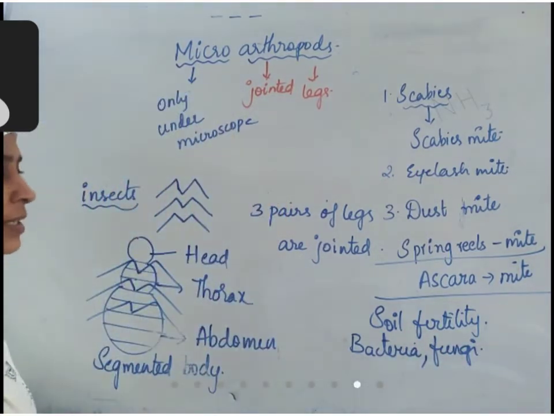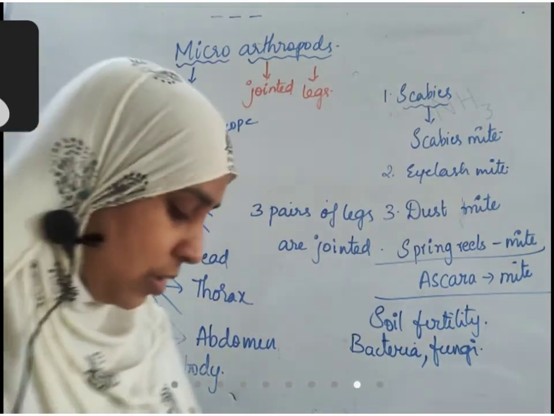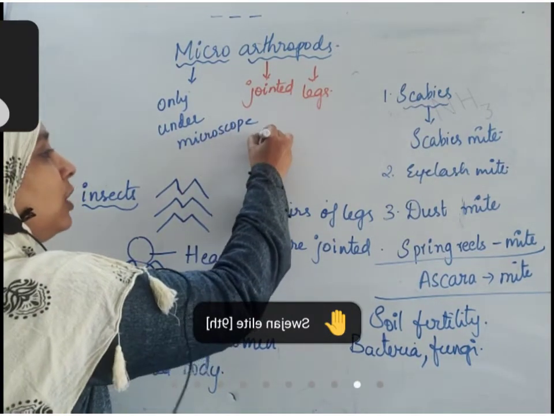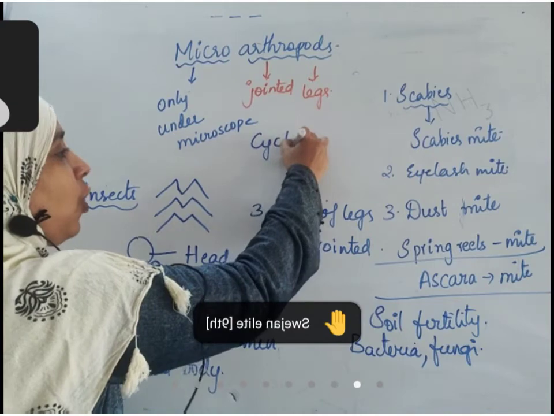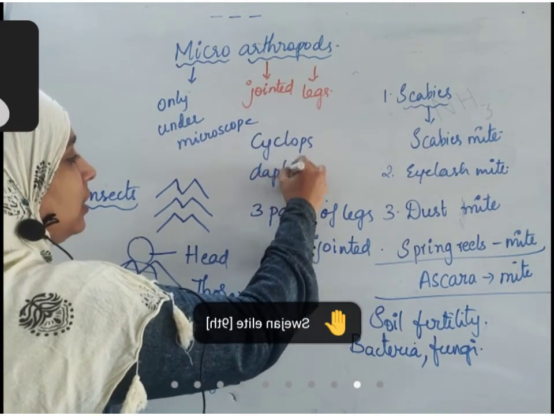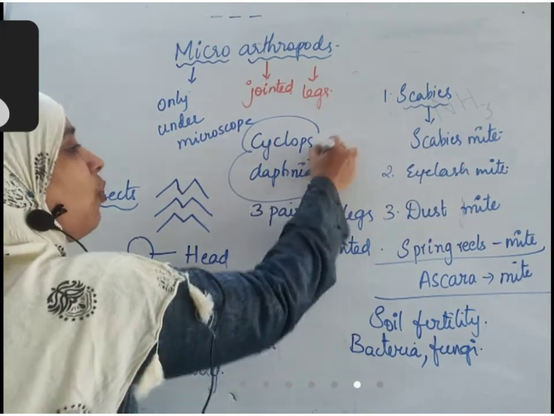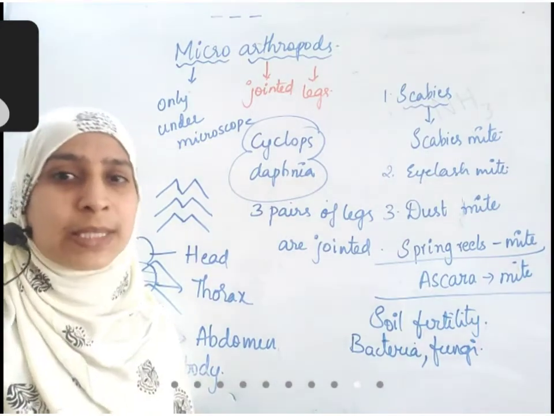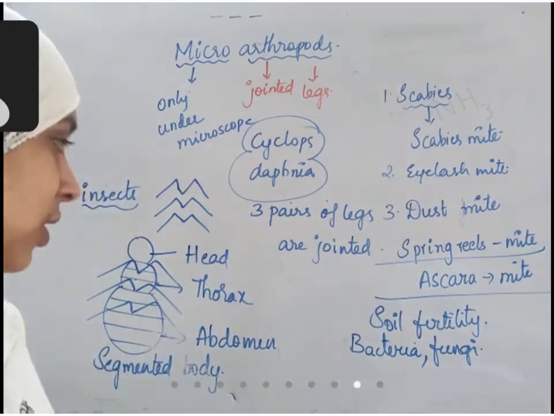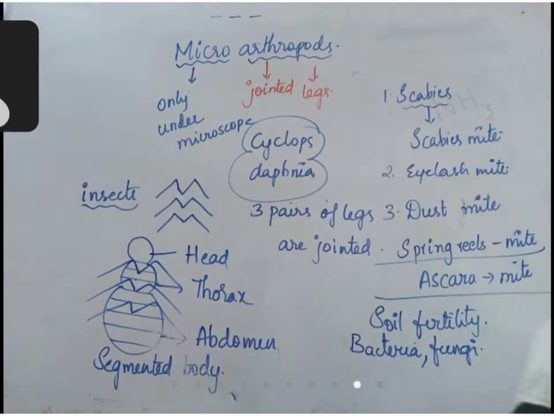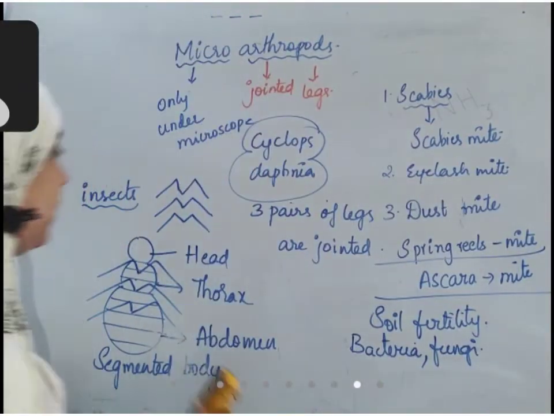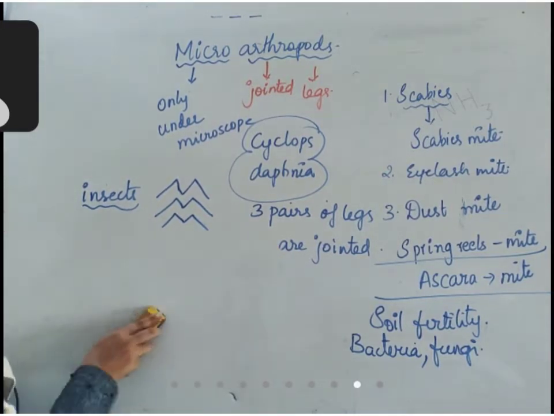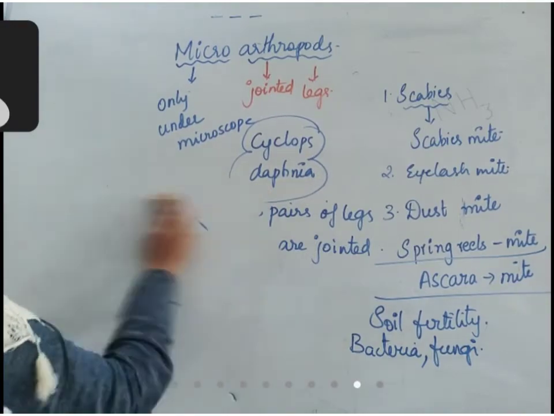So that is about microarthropods, right? There are some microarthropods that are found in water, like cyclops and daphnia. These are found in water bodies and they have an almost transparent body. So when they are present in water, you cannot tell that they are there. These are examples of some of the microorganisms. With this, we have completed all the microorganisms. Now we'll discuss some other topics like how penicillin was discovered, how the vaccine was discovered.